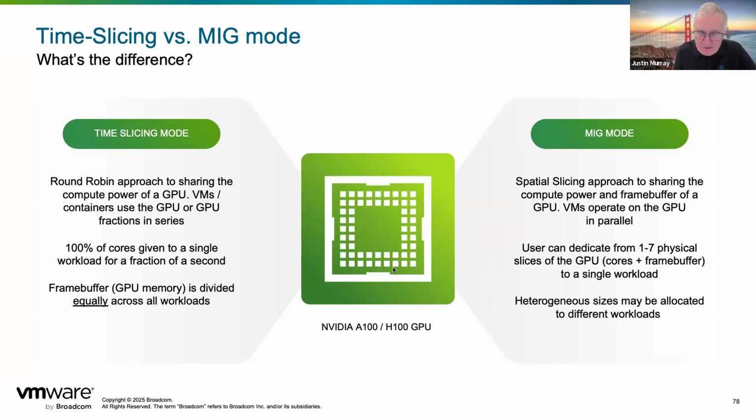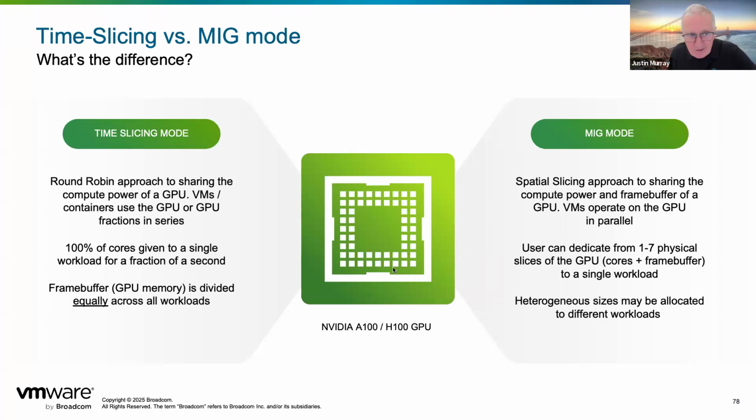So it's using the entire GPU for its time slice, and then it's relinquishing the GPU completely when somebody else gets its time slice. In MIG mode, we have separated the VMs on the GPU so that VM A gets half of the GPU and VM B gets the other half, and they never ever interrupt each other or interoperate in any way. They are spatially separated on the GPU itself. And that is done with up to 7 slices, as you see on the bullet on the right-hand side there.